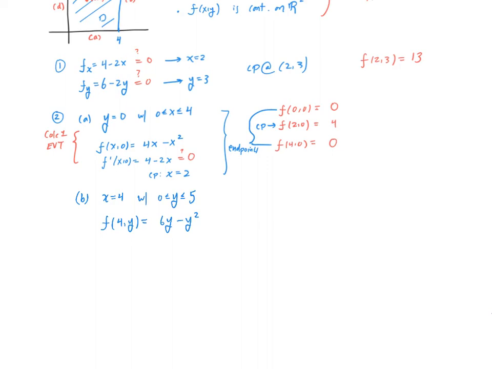And what we would like to do is once again apply the calculus 1 version of the extreme value theorem. So we need to find the critical points. We differentiate 6 minus 2y, and this would be equal to 0 only when y is equal to 3. And we now have 3 more potential spots where we can have an extreme value. So we have x is 4,